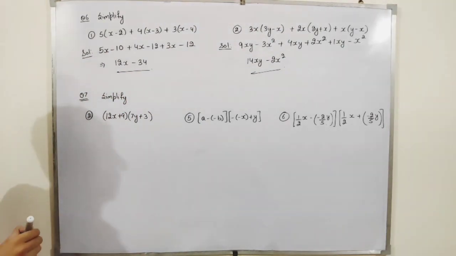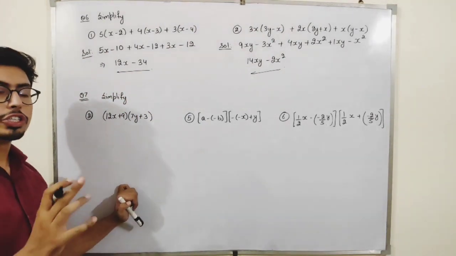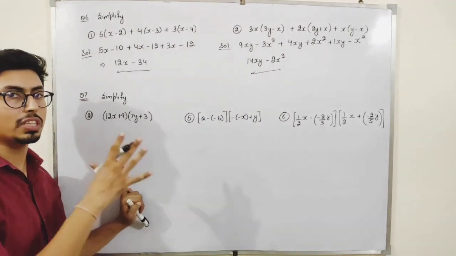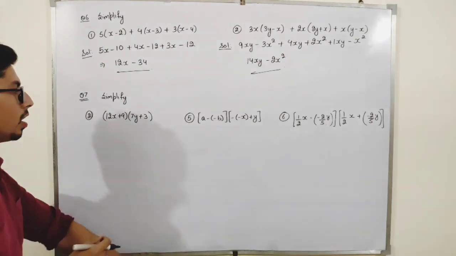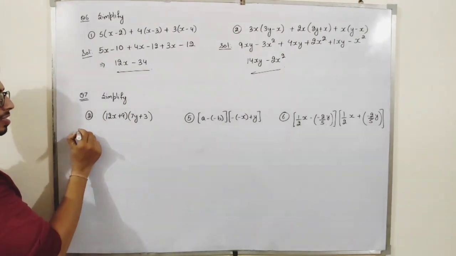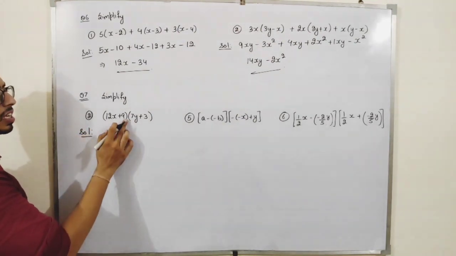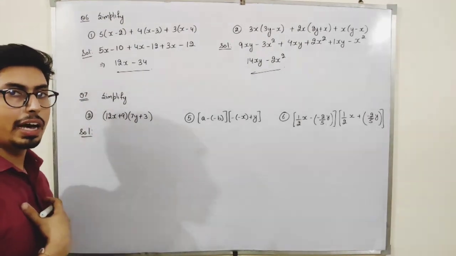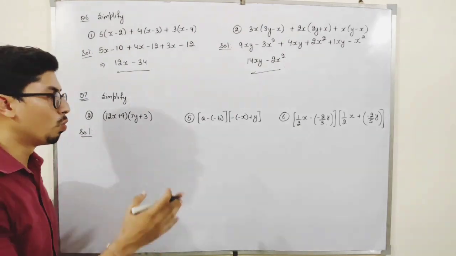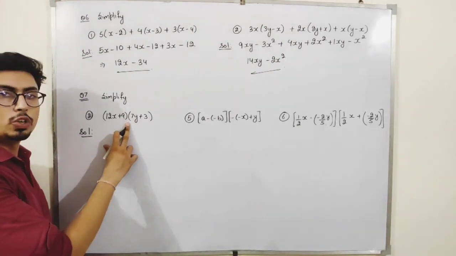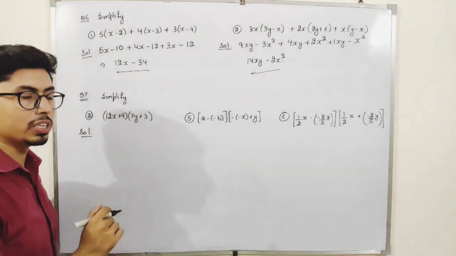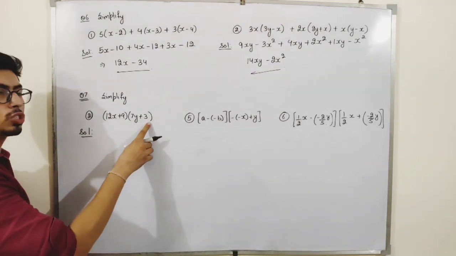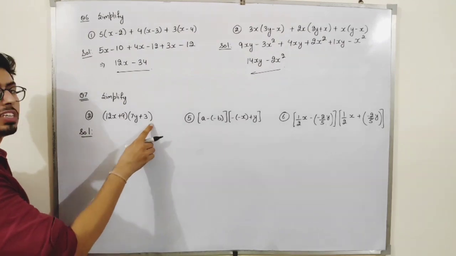Okay, students. Now, students, moving forward to question number 7. Question number 7 consists of 6 parts, out of which I am discussing 3 parts. So the second part, students, I have to simplify. See, there is no sign between these two factors. I have already discussed with you that if no sign is there between the two brackets, that means they are in multiplication. So how can I multiply them? I will multiply this number by these two numbers and multiply this by these two numbers.